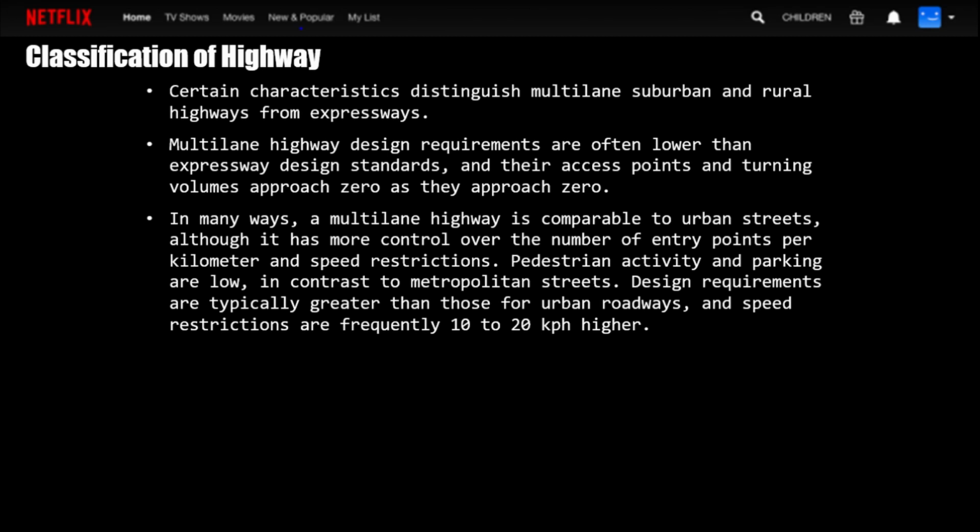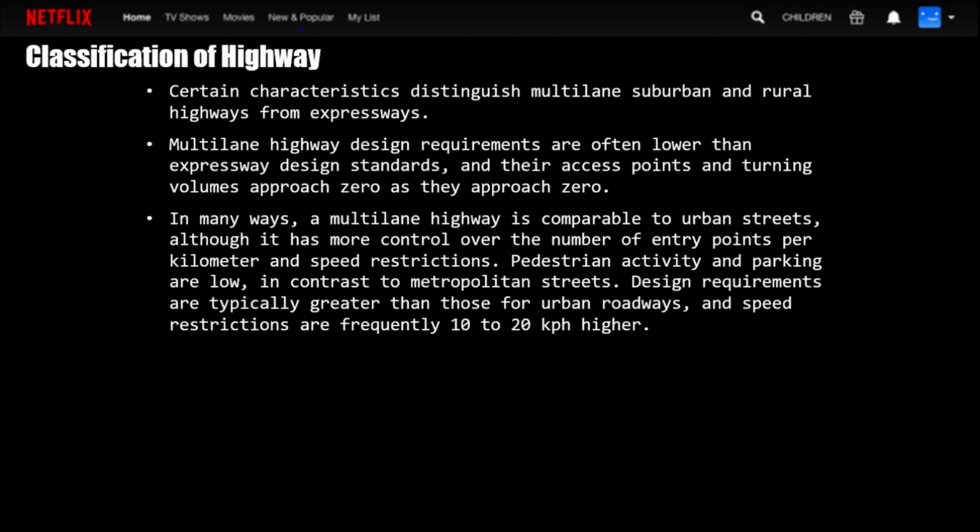Pedestrian activity and parking are low in contrast to metropolitan streets. Design requirements are typically greater than those for urban roadways, and speed restrictions are frequently 10 to 20 km per hour higher. A multi-lane highway is a form of roadway that allows vehicles to pass slower moving vehicles without utilizing oncoming